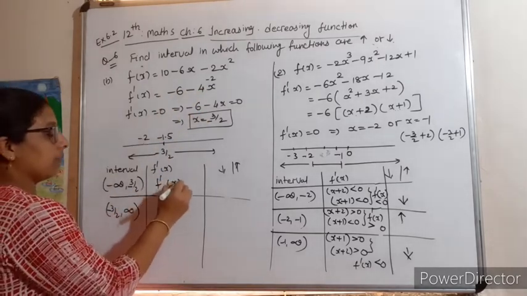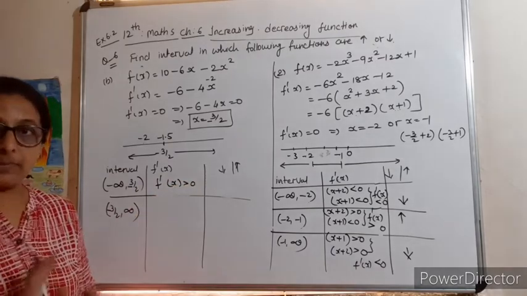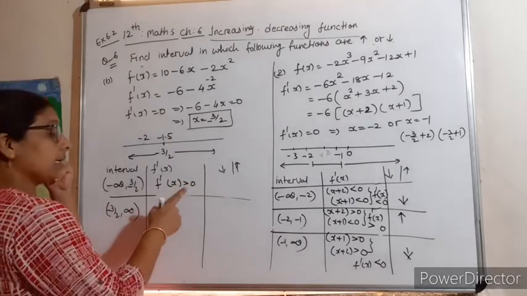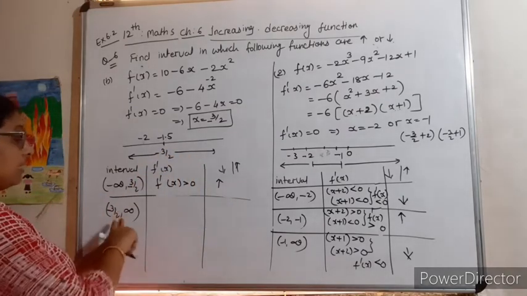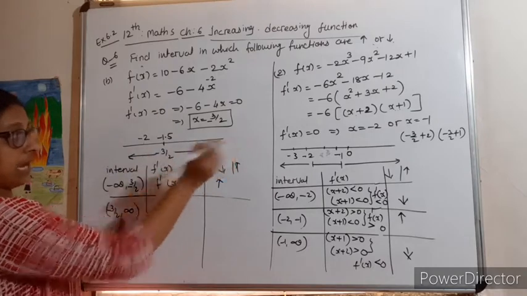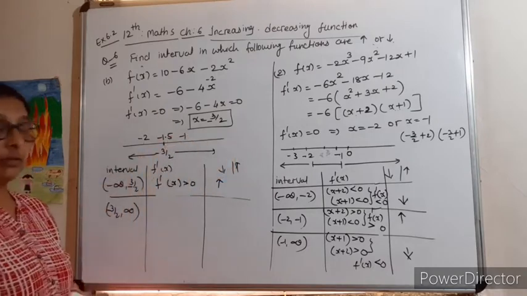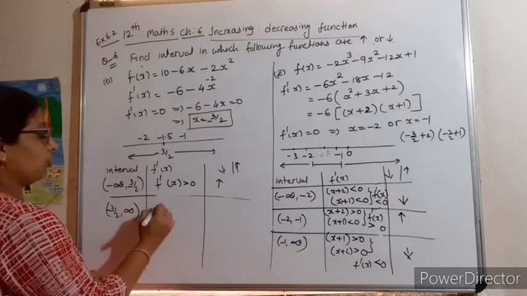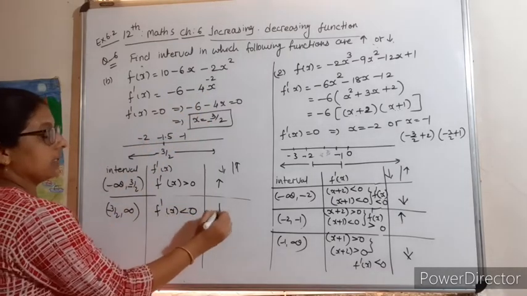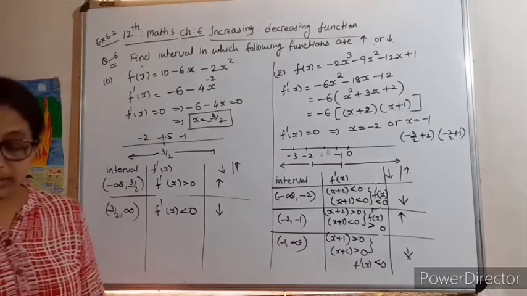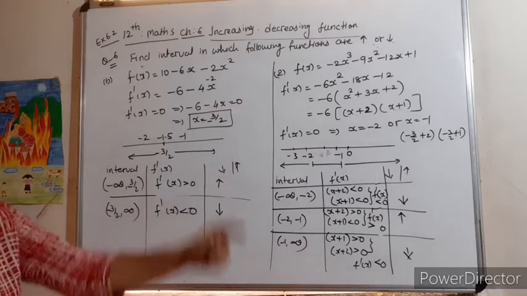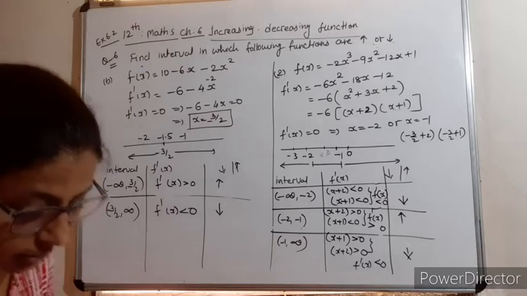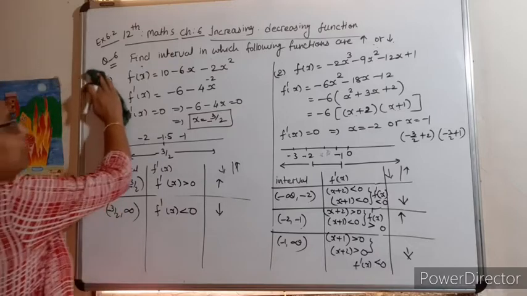So we can take f dash x greater than 0. So f dash x greater than 0, so it is increasing, again minus 3 by 2 to infinite. Now you will write minus 1. We know that minus 1 रखेंगे तो f dash x less than 0, it is decreasing. Now it is okay. In that it is increasing minus infinity to minus 3 by 2 and minus 3 by 2 to infinity it is decreasing. Now it is perfect. Okay, so be careful. Don't make a mistake like me.